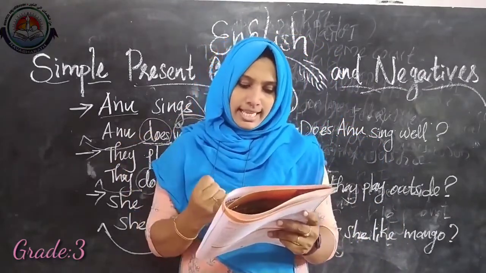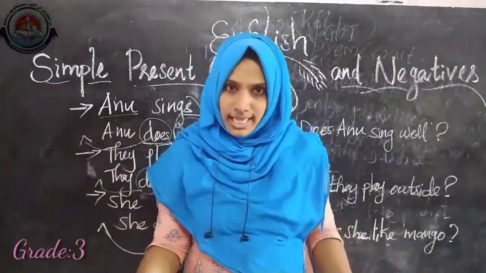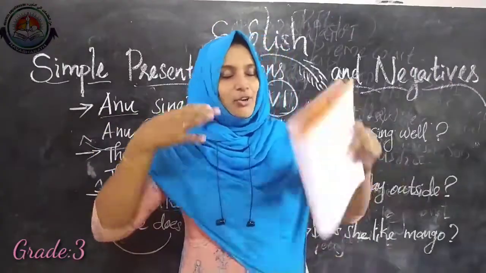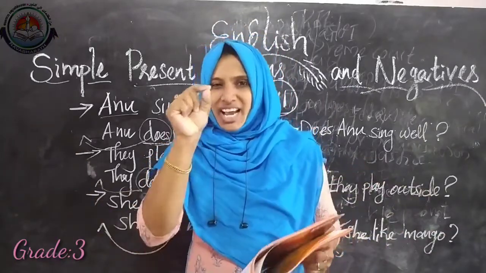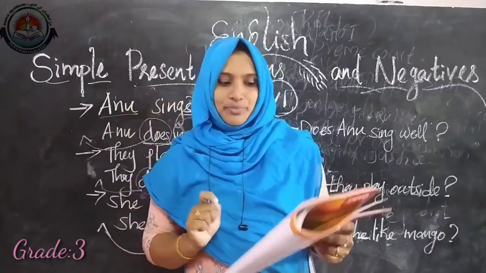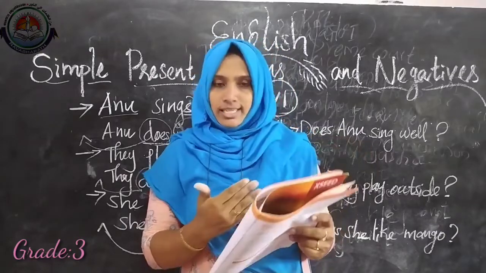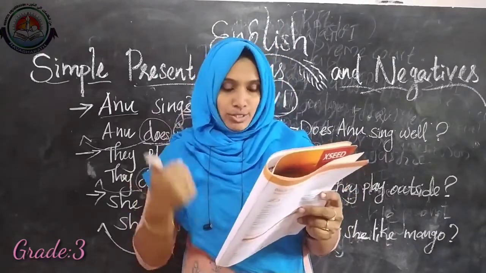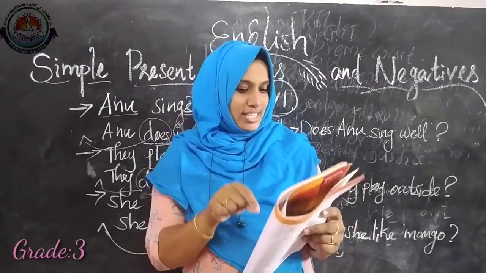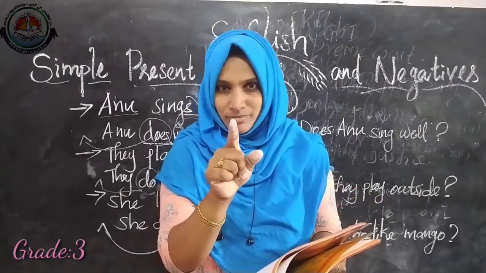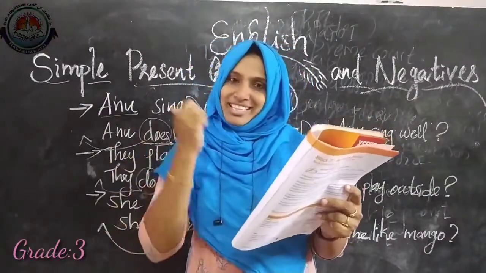Then 3, write 3 sentences about things that you don't like. So you can make sentences like, I don't like ice cream, I don't like homework, I don't like madam. Any sentence you can make by using I don't or I do not. Okay. Then the 4th one, change the sentences into negative sentences. Here 2 sentences are given. He drinks coffee in the morning. Yes, he is singular, so he does not drinks. That verb will be changed into V1 form. So he does not drink coffee in the morning.